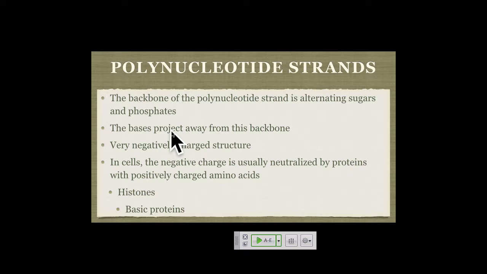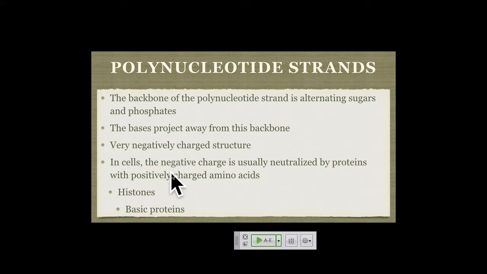So down the outside of the molecule, you have this alternating sugar phosphate backbone that's negatively charged. Is that going to be hydrophilic or hydrophobic? That one's going to be hydrophilic. So it actually drives the molecule into a more thermodynamically stable state by staying in that double-stranded structure. This is one of the reasons why when you denature the DNA, when you break the hydrogen bonds and separate it into two strands, you can get it to reform the complementary structure because it's actually more stable that way. So the bases are to the inside of the helix. The sugar phosphate backbone runs down the outside of the helix.